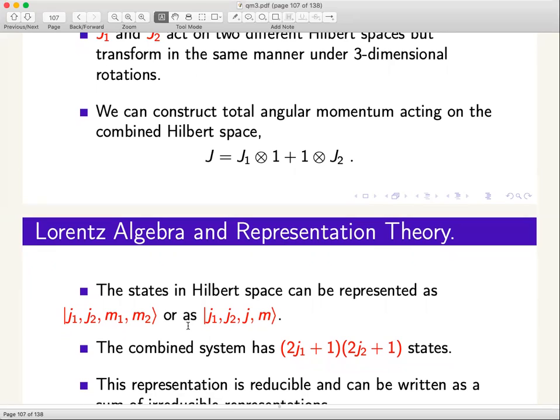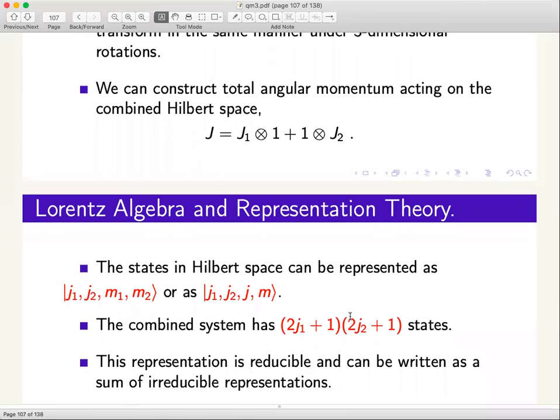Now, if you look at the system from the right hand side representation, then you know that typically, if you are looking at a Hilbert space with angular momentum value small j1, then it has 2j1 plus 1 components. If you look at small j2, then that would have 2j2 plus 1 components. So the combined Hilbert space would have a product of these two numbers of states available. Whether you choose this basis or that basis is irrelevant. You need to show that the total number of states is still the same.